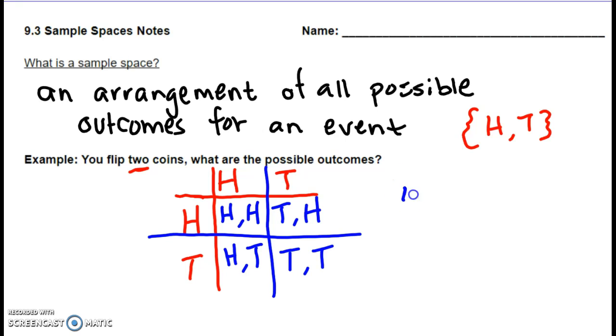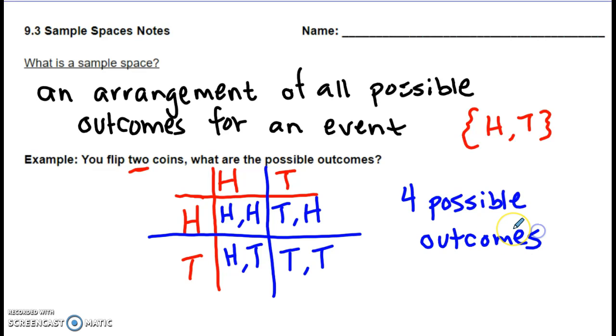So we see that there are 4 possible outcomes for this event. And there is our list right there. You could get heads twice, you could get tails twice, you could get tails first and then heads, or heads first and then tails. So we're just going to walk through a couple examples, just practicing organizing our thoughts. So the next example down the page